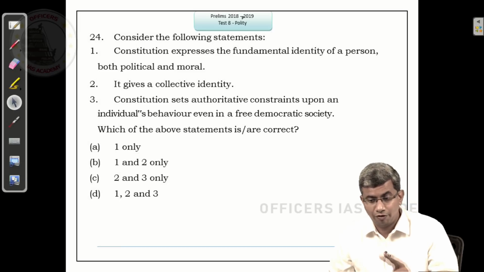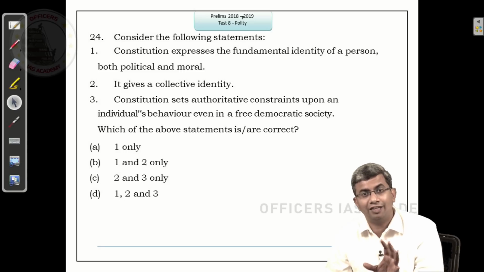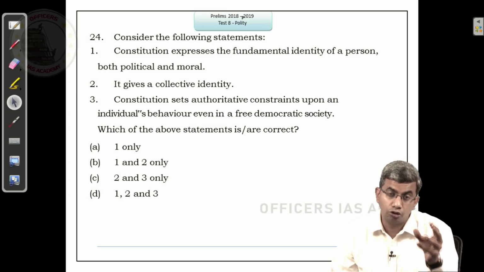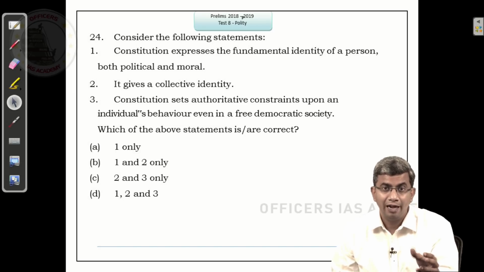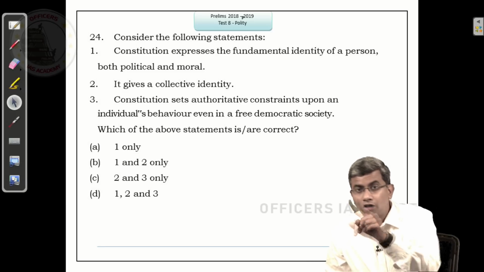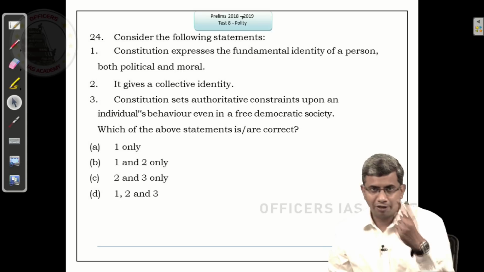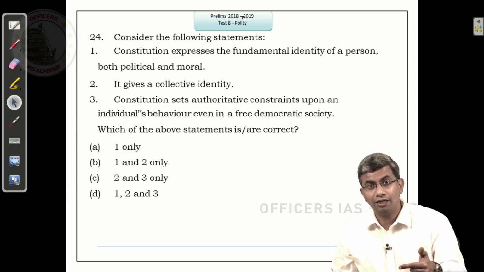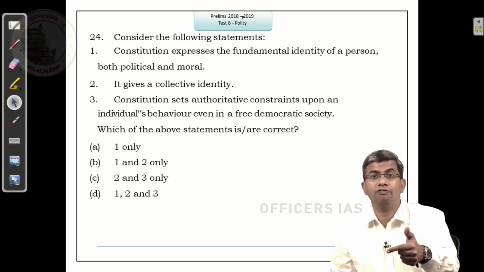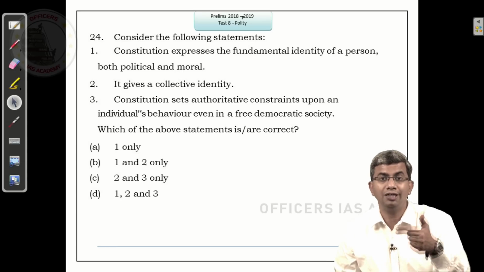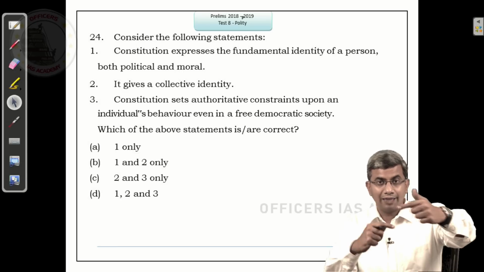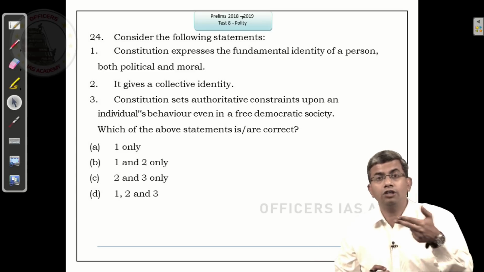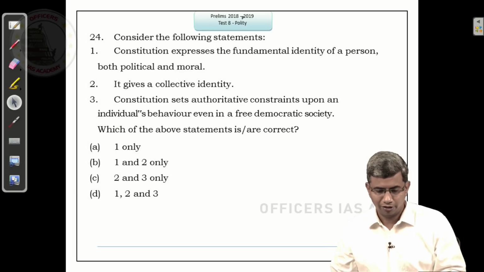Now, if you look at it, we will have some 2-3 pairs of questions like this, where in one question you will choose that as the answer because it is the most appropriate, but in the immediately next question you will not choose it as an answer because it is not appropriate. In the previous question, sets limits on citizens' functions was picked as the correct answer for which is not a primary function of the Constitution, because the primary function of the Constitution is to set limits on the government, and the other 3 statements which are given were definitely functions of the Constitution. So you picked setting limits on the citizens as not a function of the Constitution.